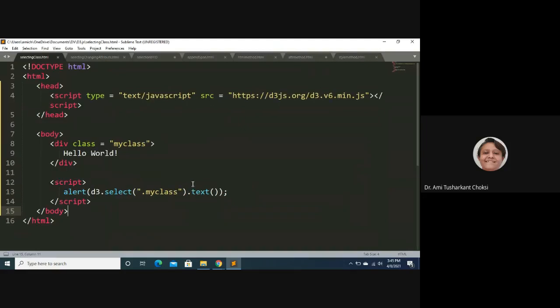Right? So here we can say that this script has script type text slash JavaScript, source is equal to https d3js.org/d3.v6.main.js. See, when we are looking at the other example, and if you see it this way, you can remember that very easily, right? That's why I'm speaking. Otherwise, you know that we have to use this URL. Okay, it is not the thing that you don't know, but you can remember that. While you see the things again and again, you can remember that.